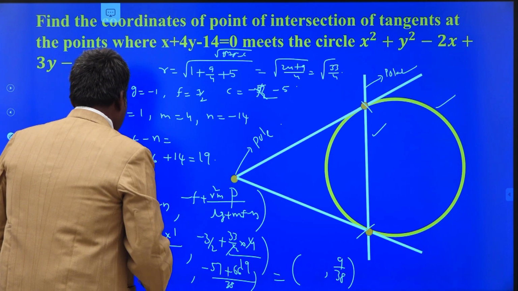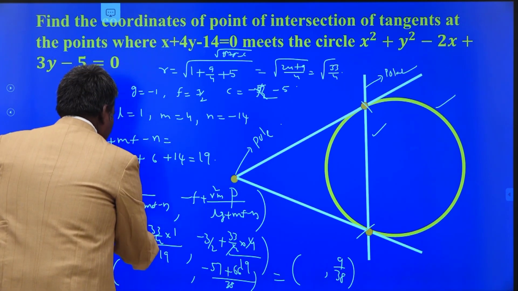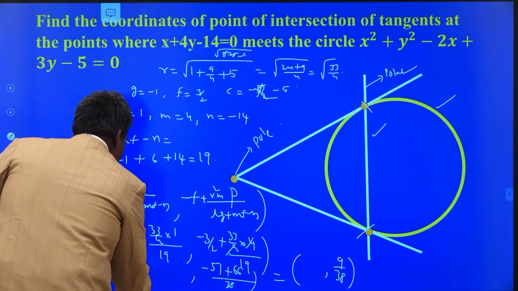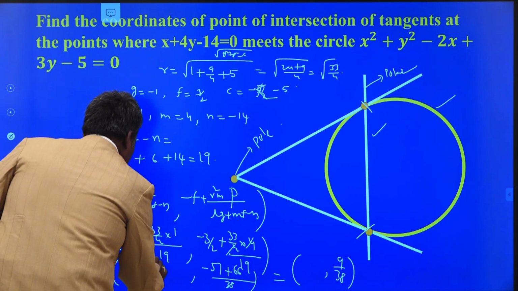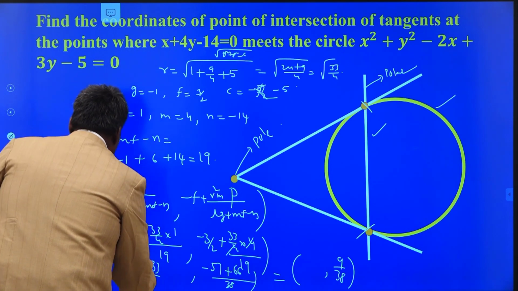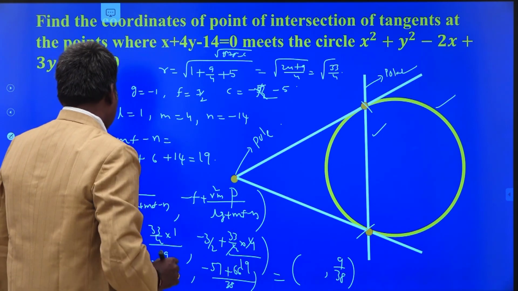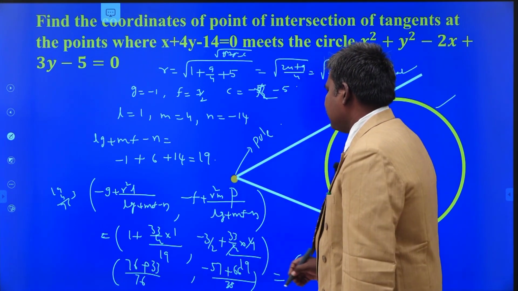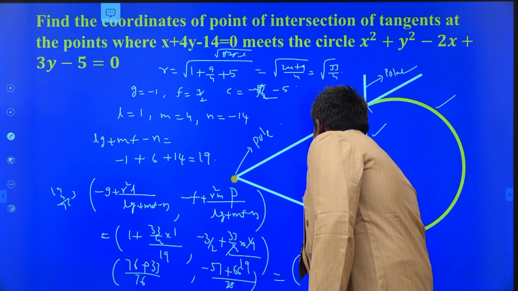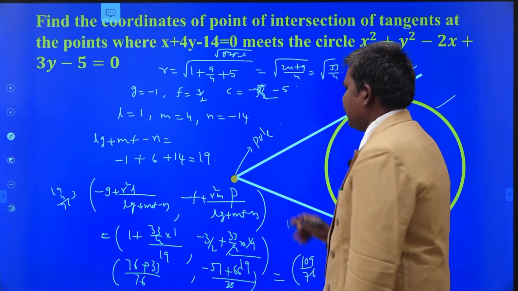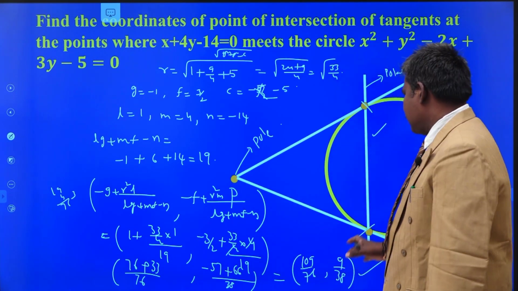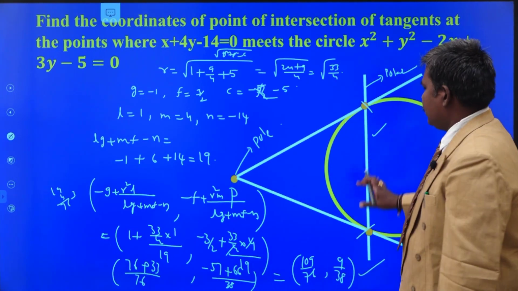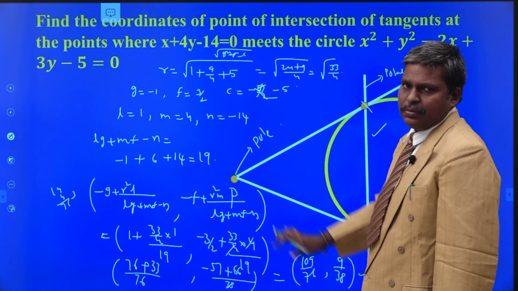Let us see the x coordinate. See here, 4 19s, 76, plus 33 by 76. Okay, the LCM is 76. That is nothing but 109 by 76. So a little bit of simple calculation is also there here. The pole is (109/76, 9/38). So your required point is nothing but the pole.